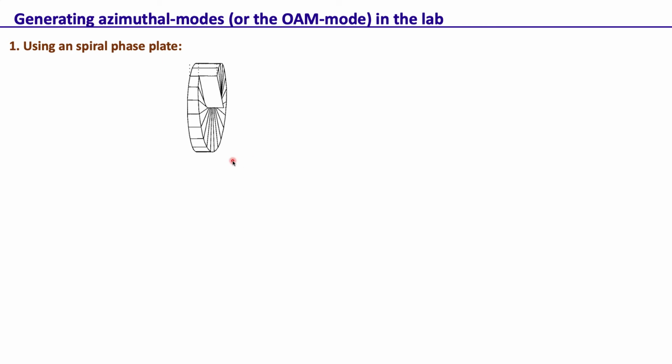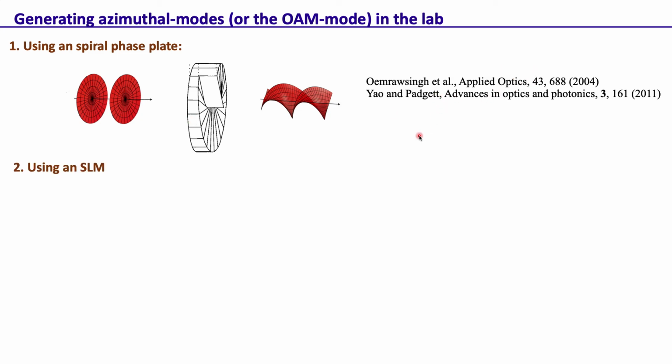The one method is using what's called a spiral phase plate. This is just a glass plate, but its thickness varies as we go in phi. So if we send, let's say, an L equal to 0 phase through this plate, it becomes a kind of spiral phase, just like this was for L equal to 2, and that's why it's called a spiral phase plate. The moment it changes the phase to this, it actually generates the orbital angular momentum mode, and that's the reference where it is discussed.